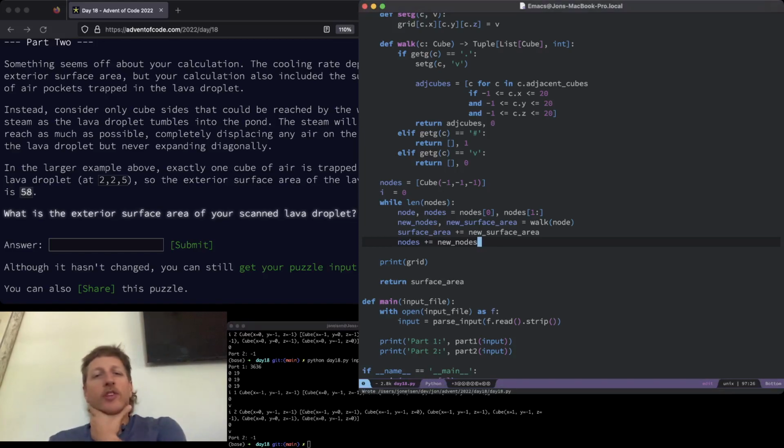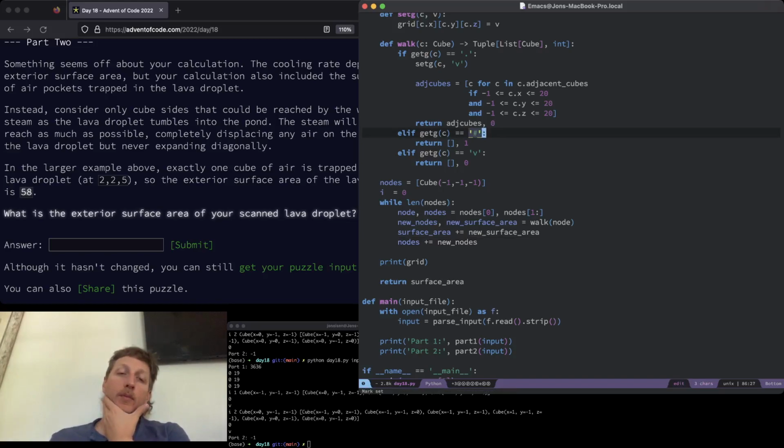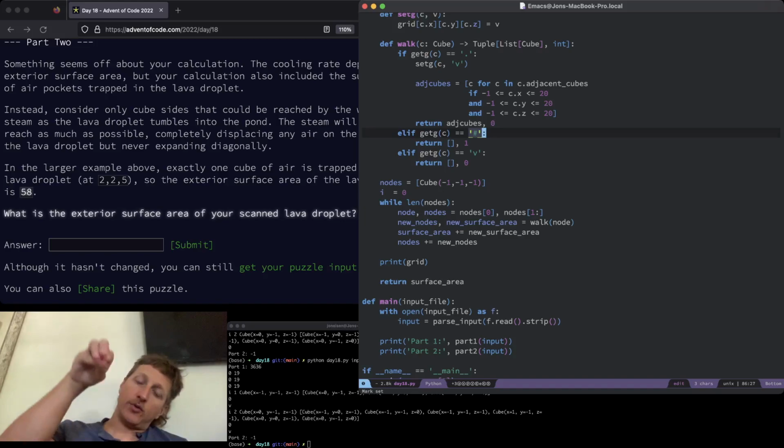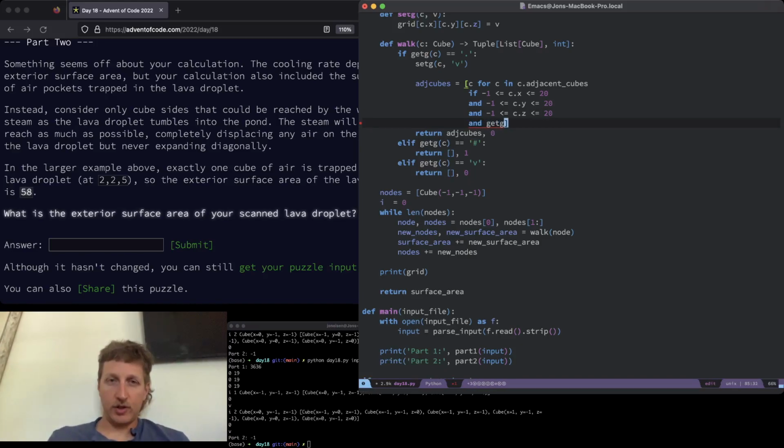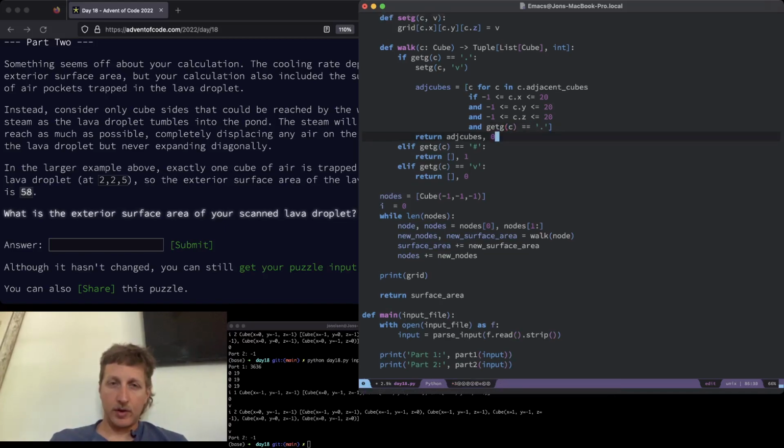The thing is that when you reach a cube, you reach it from one side. And then that's marked as visited. So every time you get to an empty space, you reach a cube. We add the cube to the node list, and then when we walk there, so I guess let's do get G C not equal to pound. And then